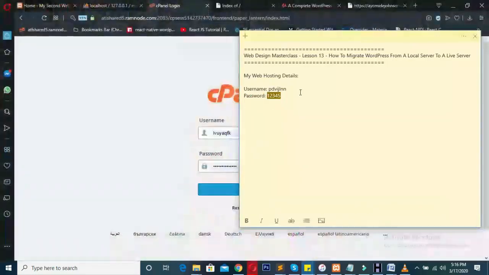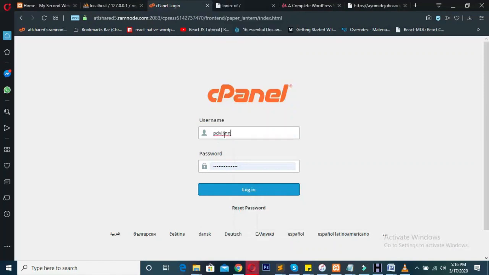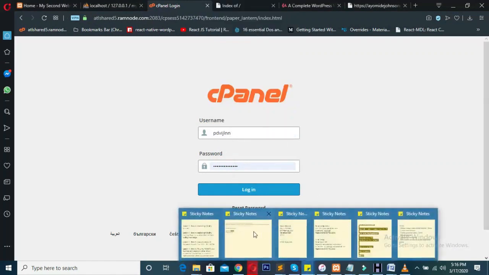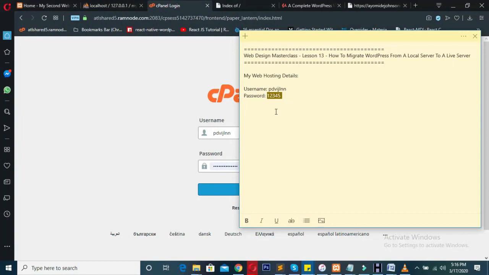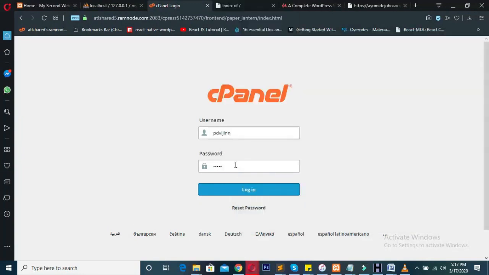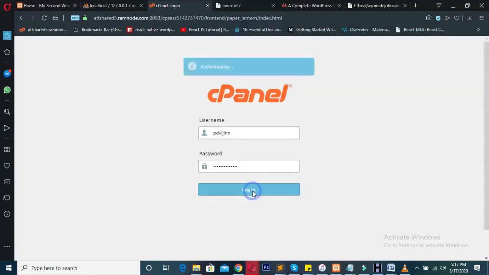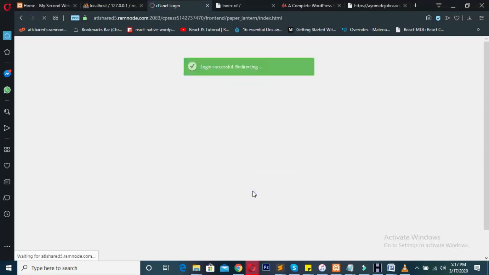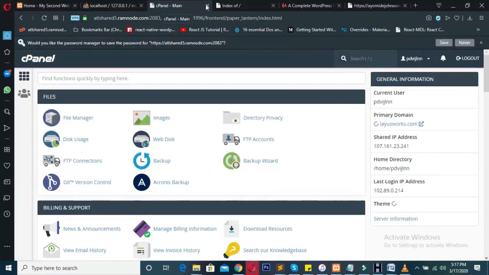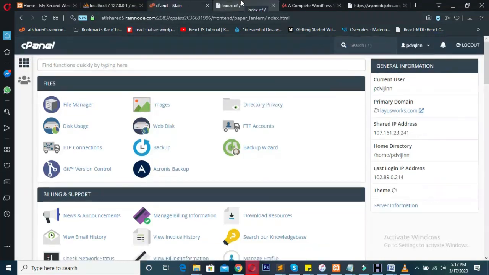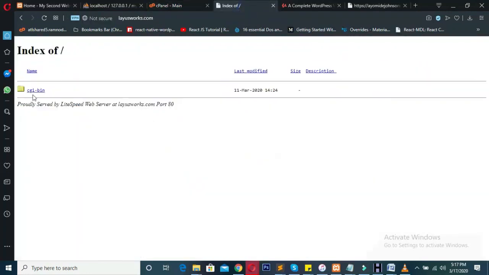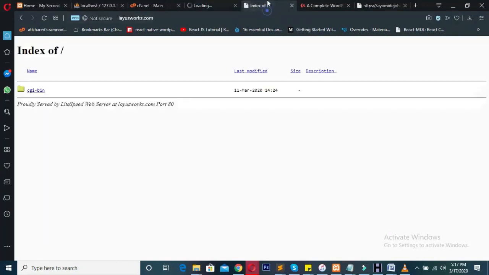Okay, so I'll take my username, then I'll take my password, and then I'll log in. Okay, so let me save that. So like I said, when you visit this website, this is what you will see. So let me just create a quick index HTML file just to show you how this server responds and reacts,